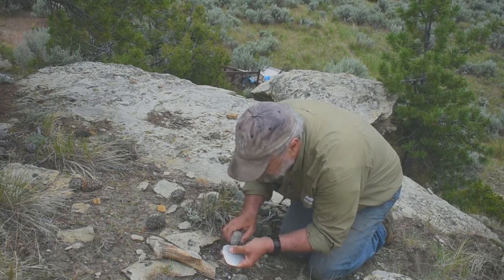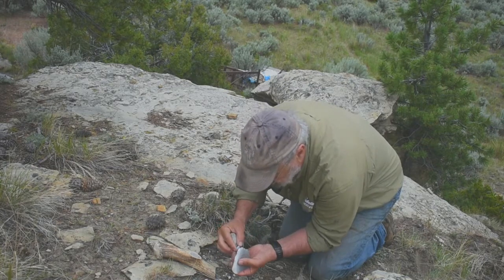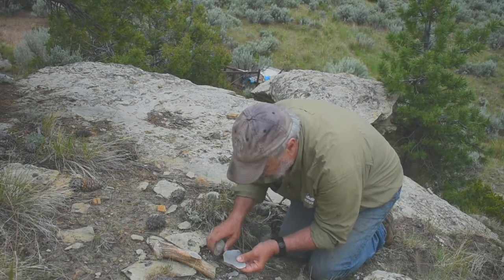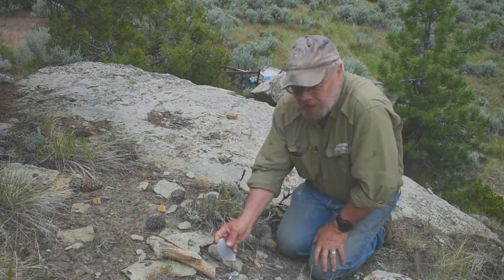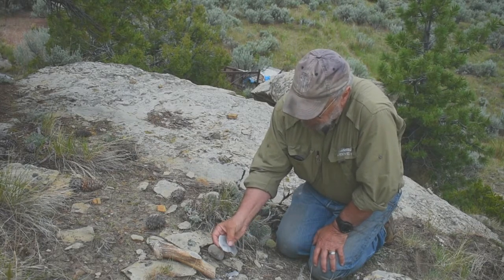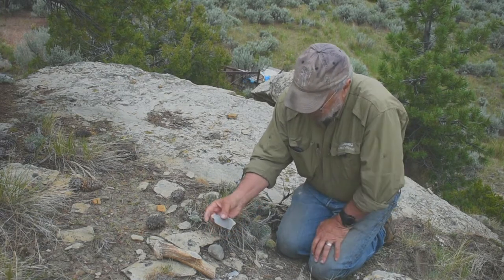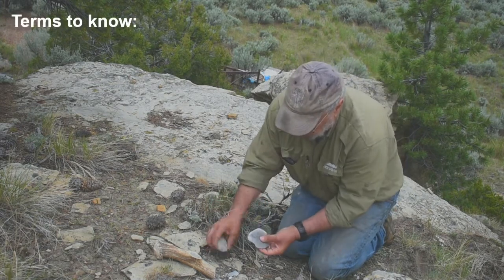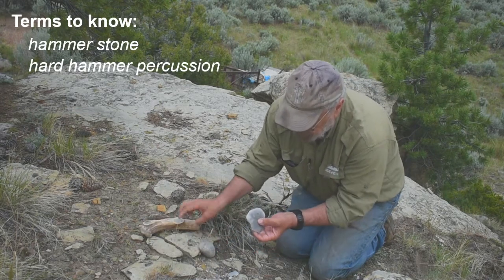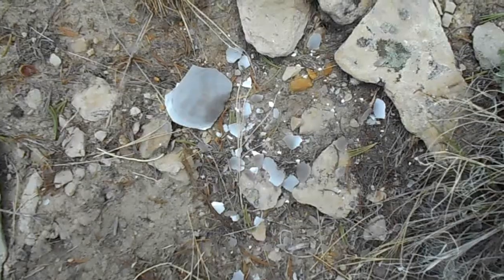Come in here, knock a couple of those off. So there we go. It's starting to rain, and I'm going to stop for now. But we've begun retouching this to thin down this part. We've done all that with a hammerstone, hard hammer percussion. In addition to this piece here that I'm probably going to take back to the house with me to work on later,